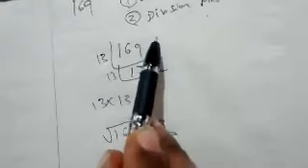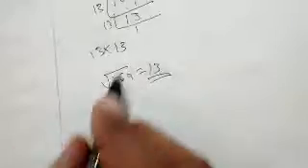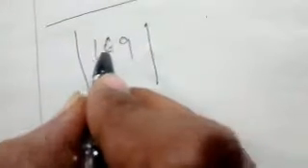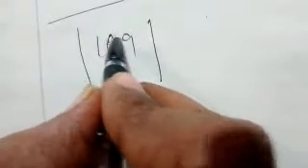The other one is the division method. We will see how we have to write the division method. For example, the same question. If you want to do the division method, this is very easy. If you follow this, it will be very easy for you. So 169 is a number. We will go with the division. When you are taking the division method, you always have to take a pair from the last.